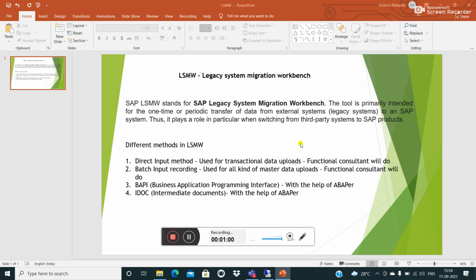And also, let us see what are the different types we have in LSMW. Normally we have four methods. You see on the screen there is the direct input method, which is normally used for uploading transactional data. What the legacy system has, like invoices posted related to the vendors or the customers, or in terms of general ledger accounting, whatever postings have been done, those we normally call business transactional data,